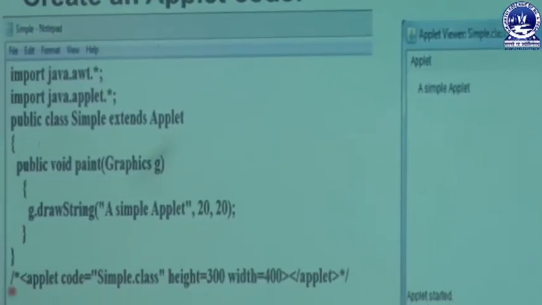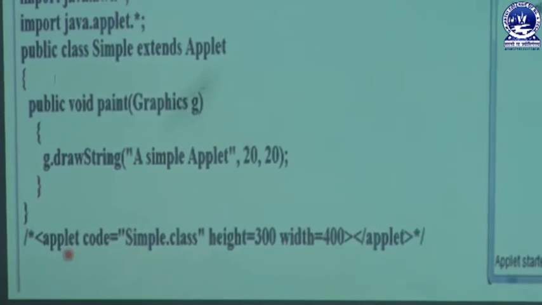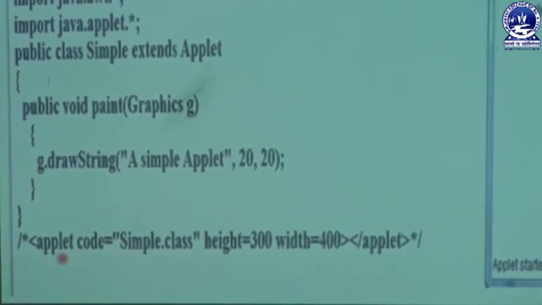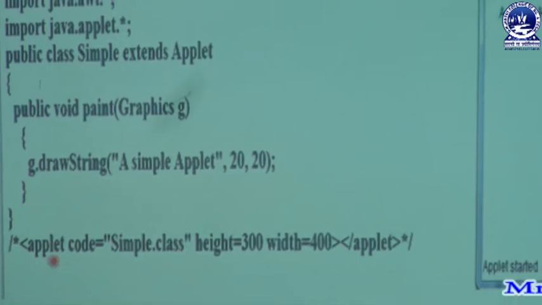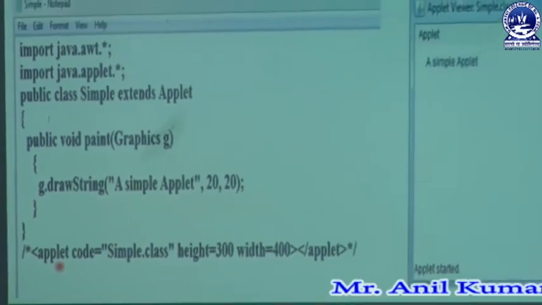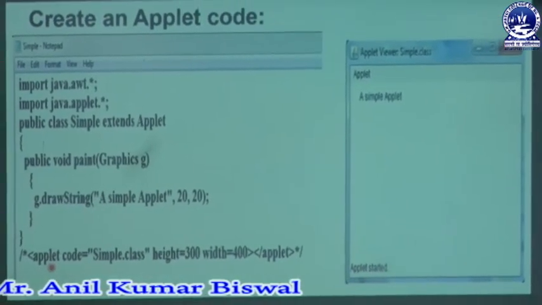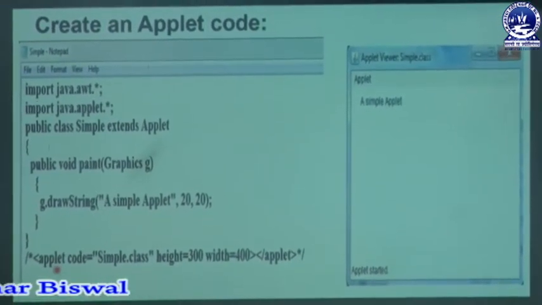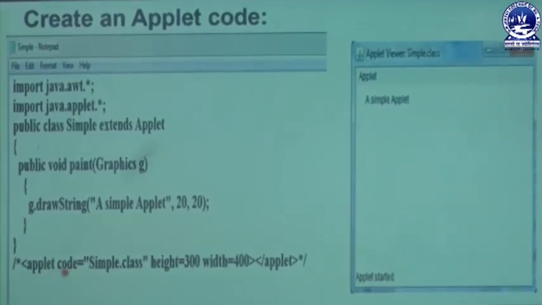In that comment line we declare a statement known as the applet tag. We know that our output must be displayed on a web browser, that may be Google Chrome, the applet viewer, or a HotJava, Java enabled web browser. That's why writing this statement is essential. We must declare this line in our Java program.